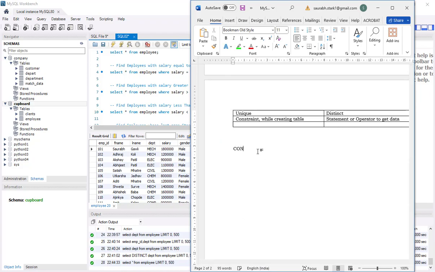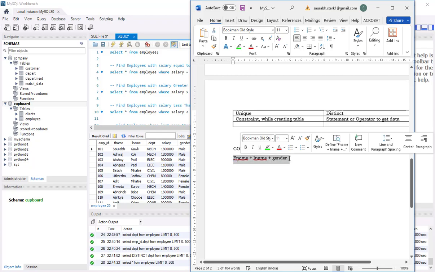For example, I have first name in one column, right? Last name in another column, and gender in another column, right? So by using concat, I will connect all of them. Okay. So the concat query for it is,